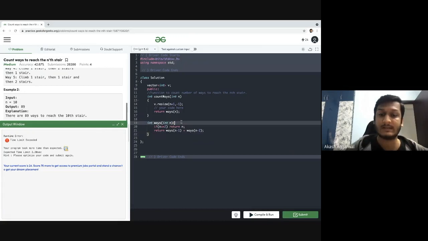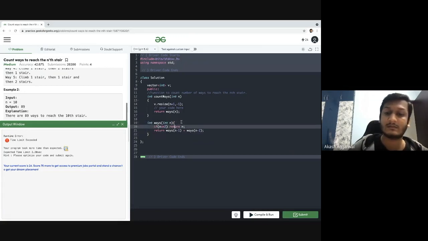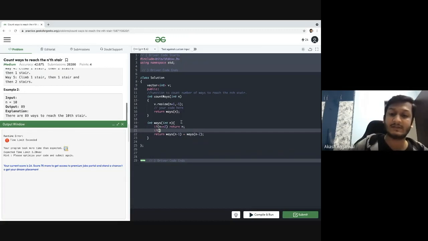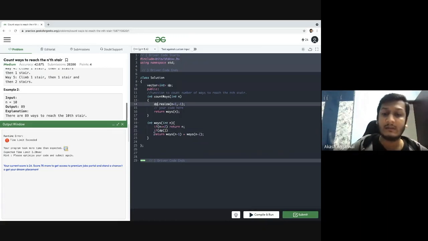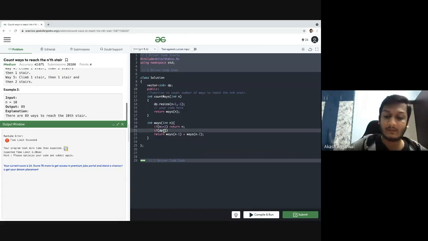so let's check inside this. Let's also write down the base condition. If we find that dp, okay, I've declared it v, so let's write it as dp itself. So if dp of n is already there, not equals -1, then what should we do?